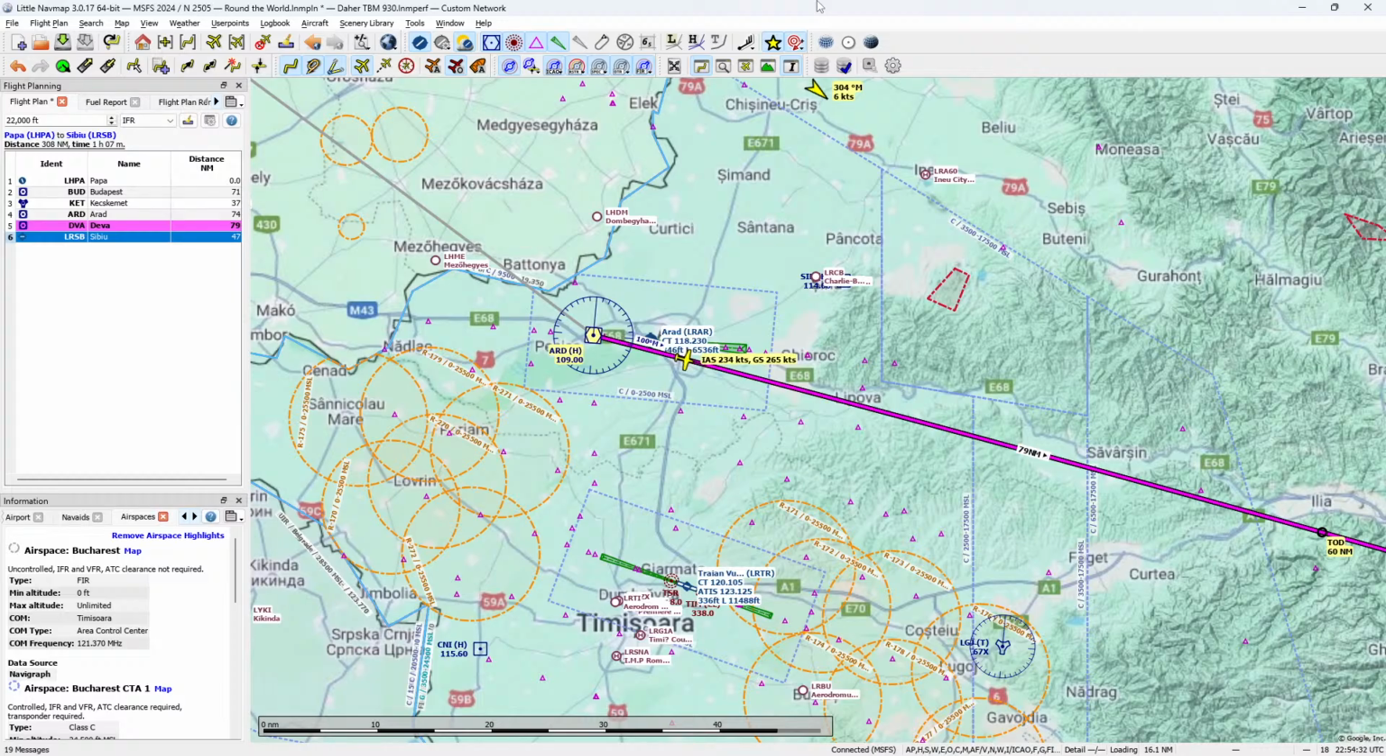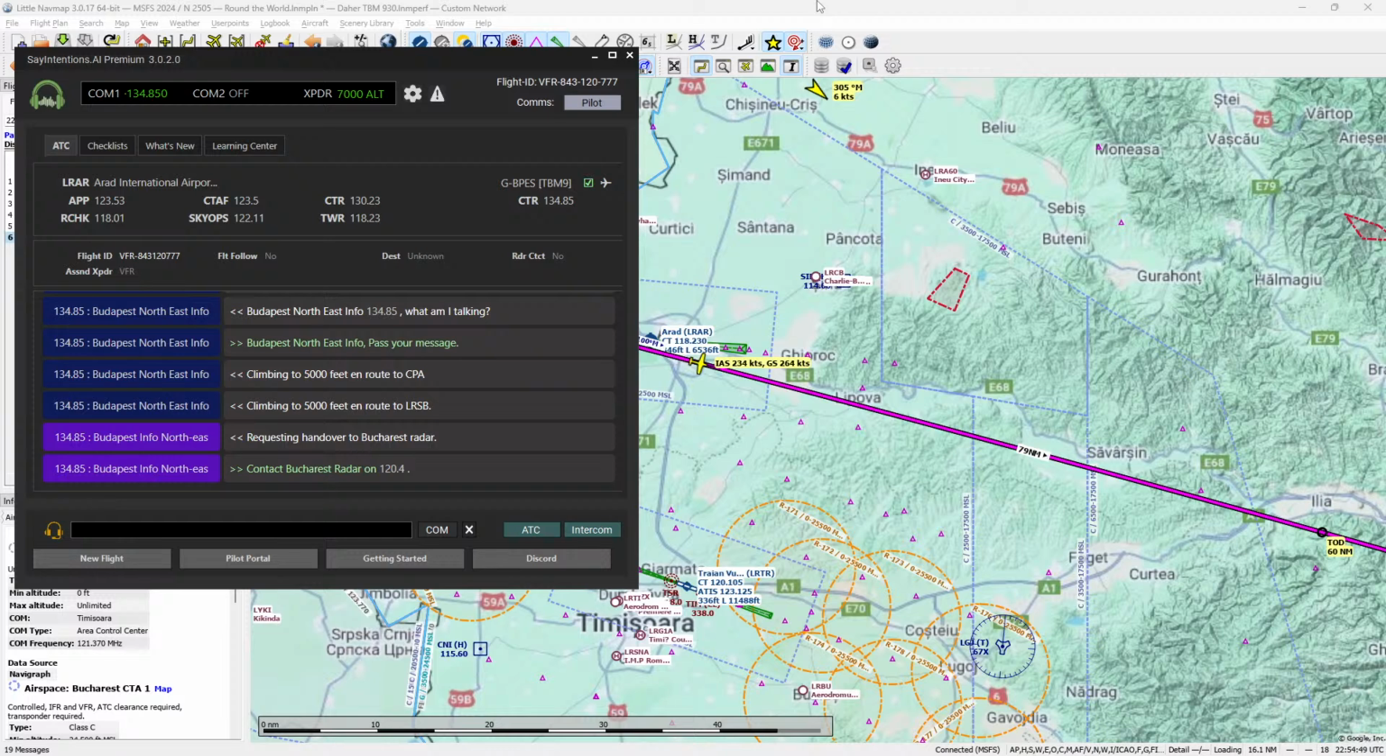Budapest info requesting handover to Bucharest radar, Papa Echo Sierra. Daher Papa Echo Sierra, contact Bucharest radar on 120.4. Contacting Bucharest radar 120.4, Golf Bravo Papa Echo Sierra. Good day. Bucharest radar, Golf Bravo Papa Echo Sierra with you en route to